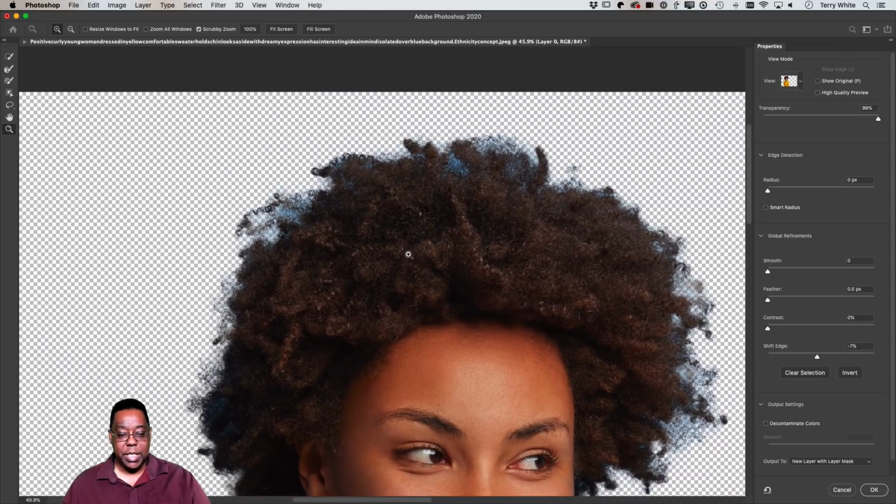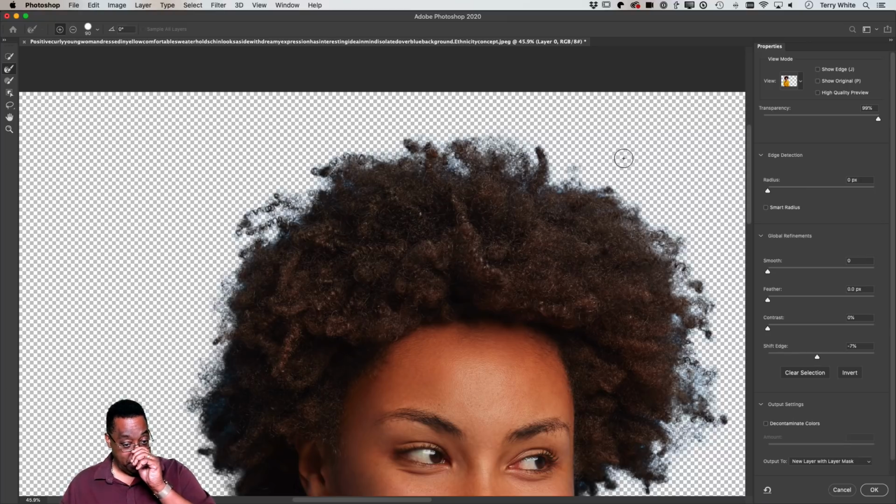Now when I go to select and mask, I can zoom in, and I can see the blue that got left over, like there's just some blue traces. But look at the edges of the hair, it never used to do this good. I can then go in with my Refine Edge brush, make my brush a little bigger, but not too big, and I can start brushing out the blue. Because I started from the background, it lets me start brushing that background out of my subject to get rid of that blue halo that we would have had around her hair.